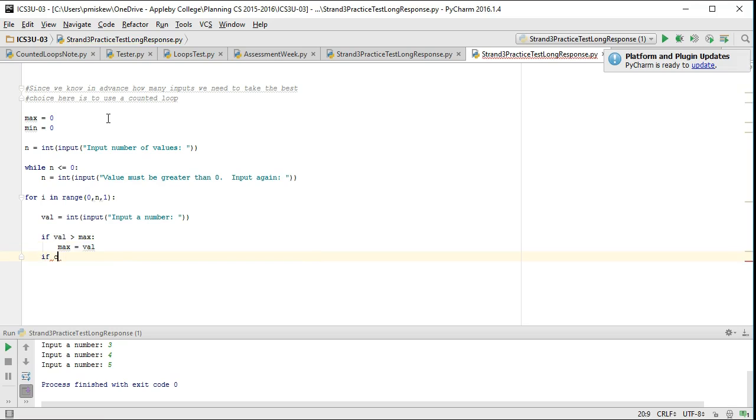And I say if val is less than min, we can say min equals val. Now, this is one approach to do it. I'll show another way to do it in a second. But we actually have a bit of a logic error here. If I run this right now,